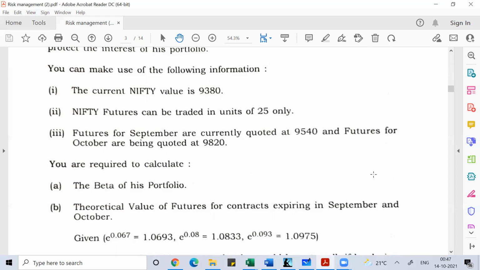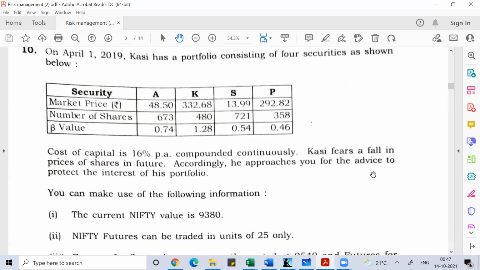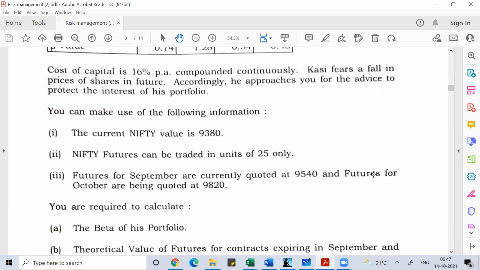Now coming to this problem, September contract, October contract, I want to determine the theoretical value. You can see these contracts are taken in April. So if you have taken the contract in April, how many months get over for September? May, June, July, August, September. So that means 5 months for September and 6 months for October. So for the September expiry contract, their life is 5 months, while for the October expiry contract, their life is 6 months.